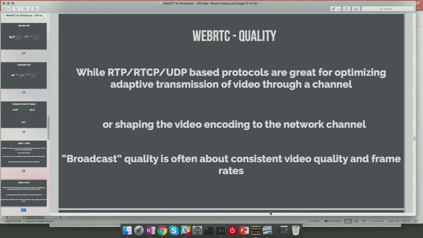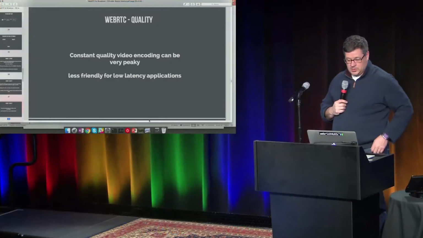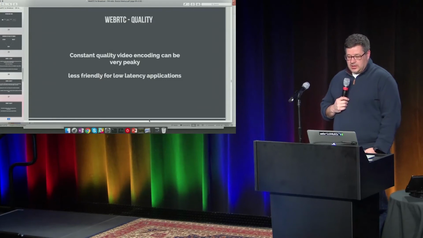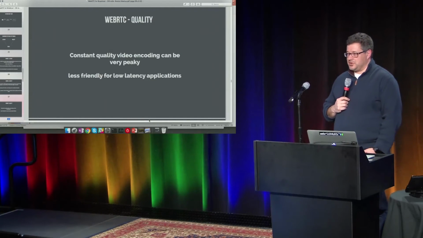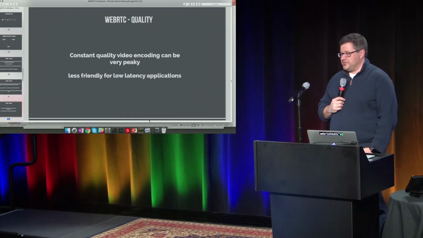So when you think about a good video experience, watching a movie or things like that, it's often about constant video quality and constant frame rates. And if you know anything about video encoders, constant video quality can often be very peaky.